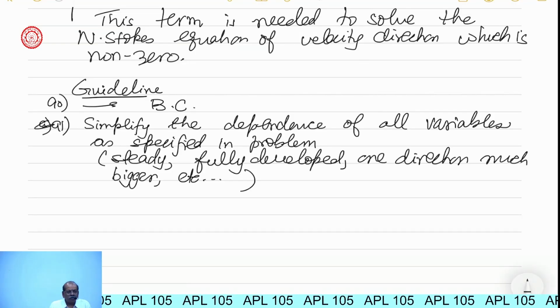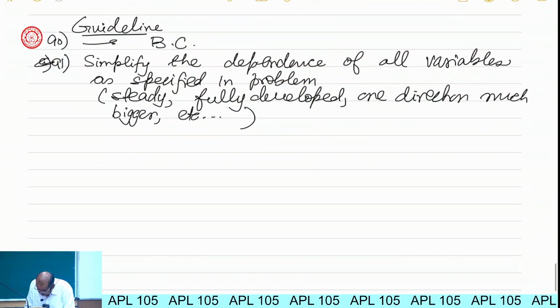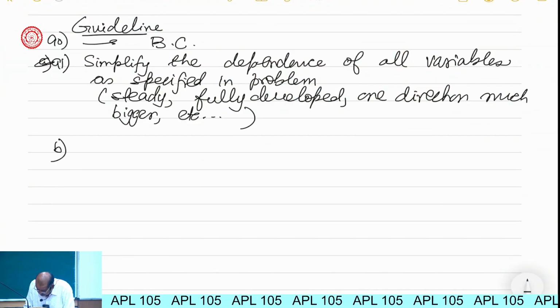Okay? So and then if there is a fixed wall or a solid wall, then the velocity of the fluid is equal to the velocity of the wall. I think these are the three major. And another thing is, if there is the gas interface, then pressure is constant over there, unless it is given. You may come across a condition where a hydrostatic pressure distribution is there on the boundary. So then use the hydrostatic pressure distribution on the boundary. So all those things could be there. Okay. You simplify the dependence. Then the next step is